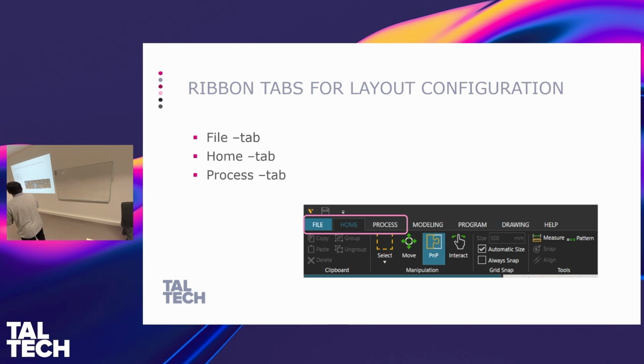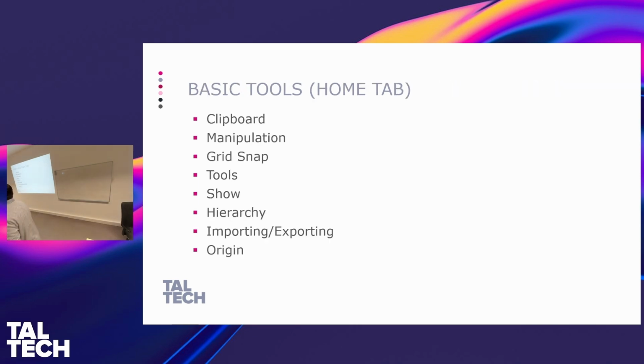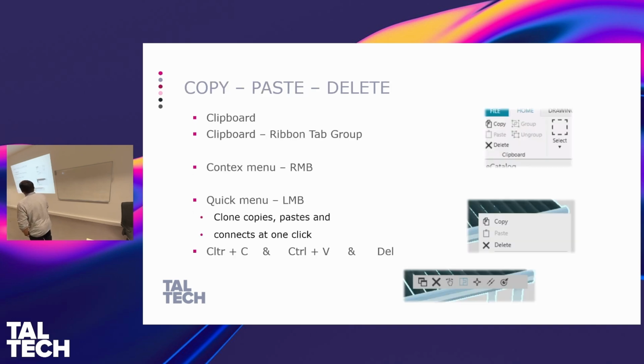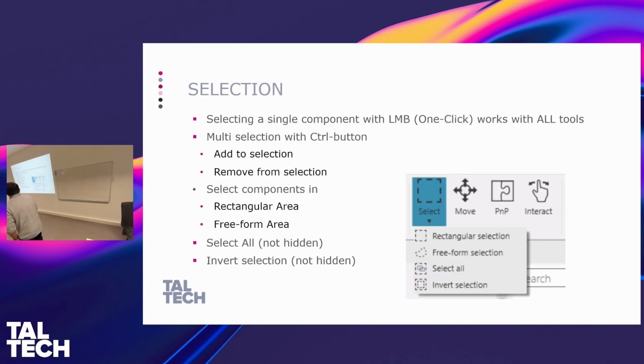So these are of course file, you need to save it, yes, so that we can use it. What else do we have in the home tab? Some other things we will see when we go through the basic exercises. Good to know, copy paste is the same, control C, control V, okay. And selections are